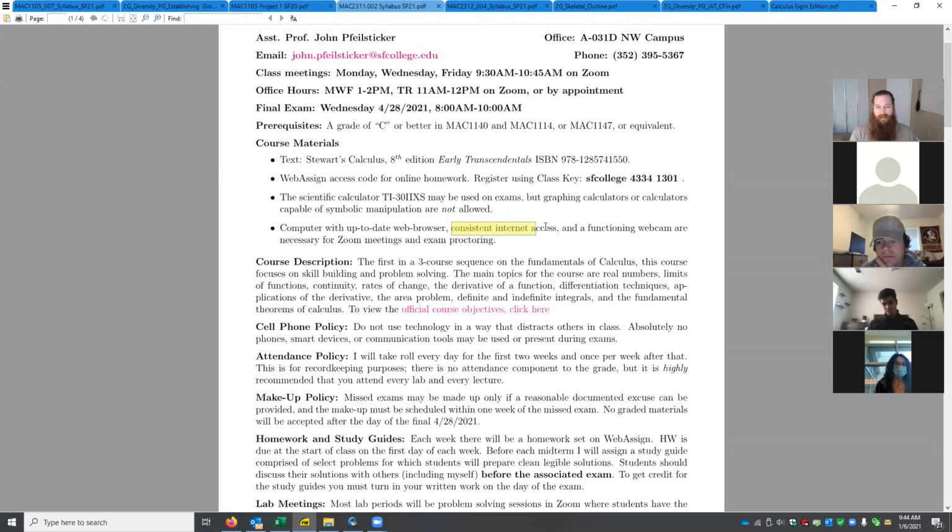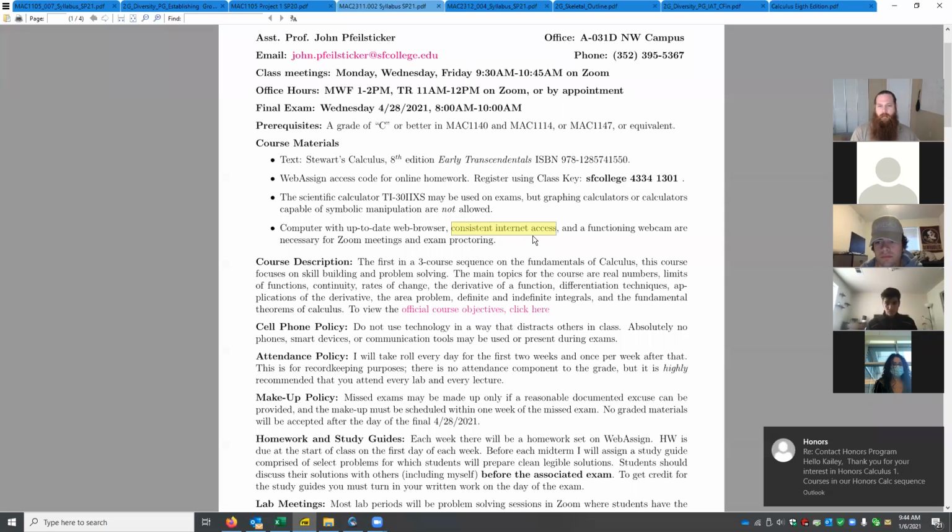You need consistent internet access. This is something that's been a bit of a sticking point for some people in the past. I know some apartment complexes in town have somewhat unreliable internet. If you know that sometimes your internet goes down for an hour or two at a time, most of the time that's not going to be a big issue. But if it were to go down like that during an exam, that could be a big issue. So I advise you, if you know your internet access to be a little bit spotty at times, please set up a plan B. Have a second place in mind that you can run to and use the internet.